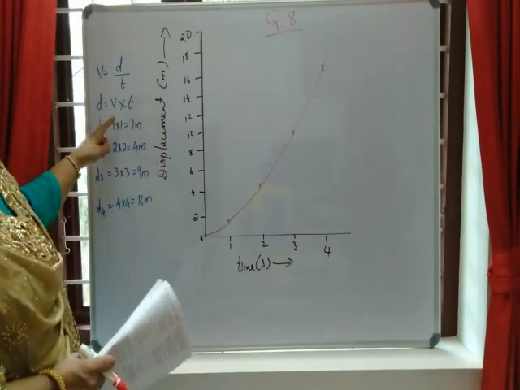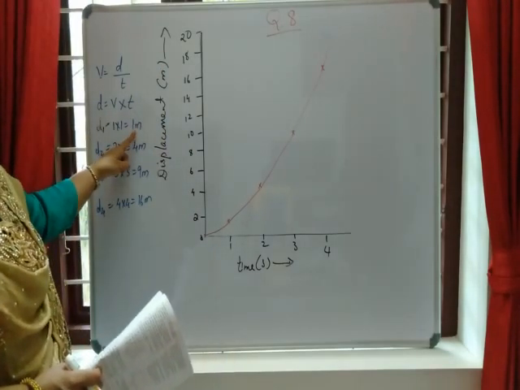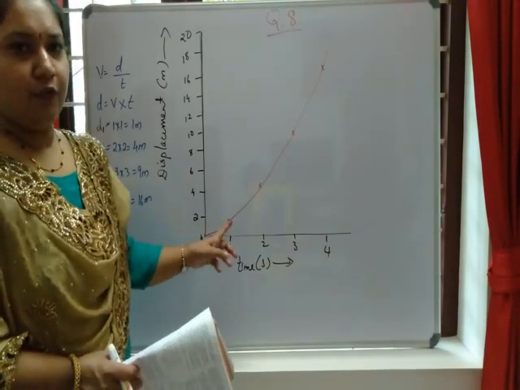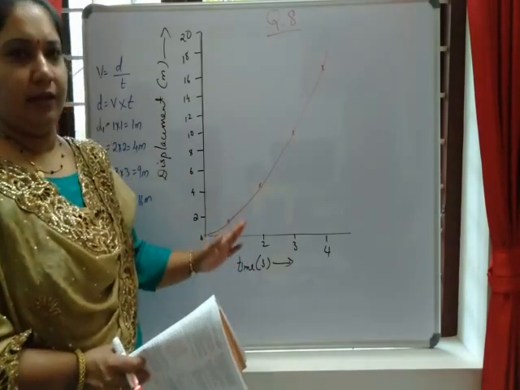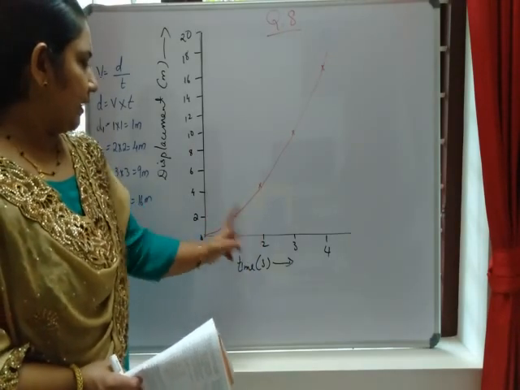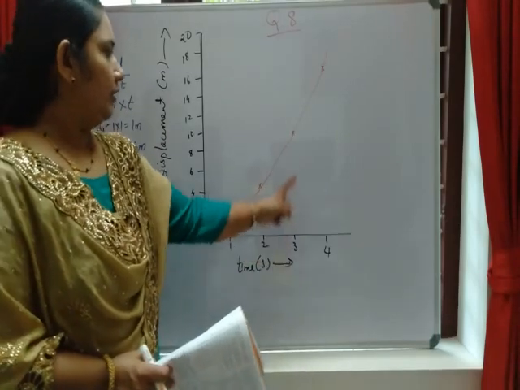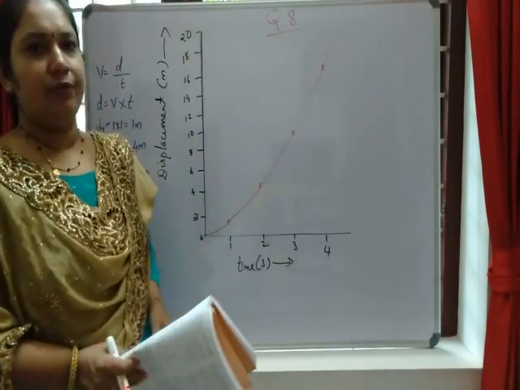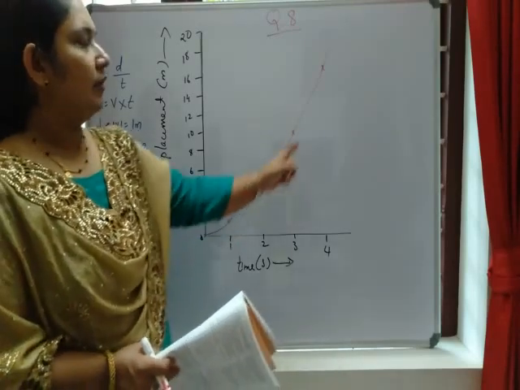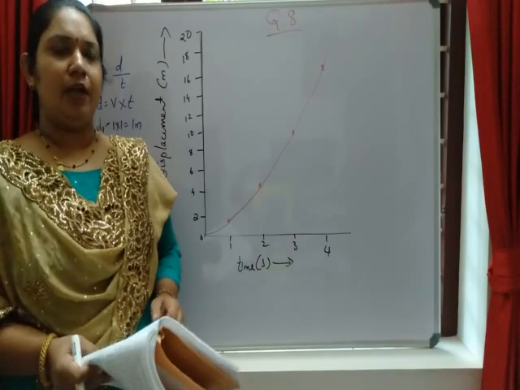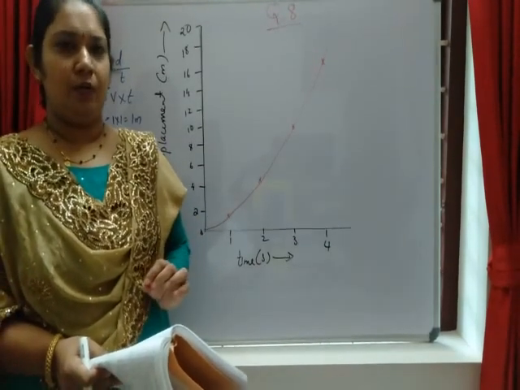And at the first second, displacement was 1 meter. So for the first second, you have to mark it. Again, if you are using graph paper, you will get the correct point. So almost in the middle, I put 1 meter. And second, 4 meter. Third second, 9 meter. And fourth second, 16 meter. And just join all the dots. You will get the displacement time graph of the given tabular column.